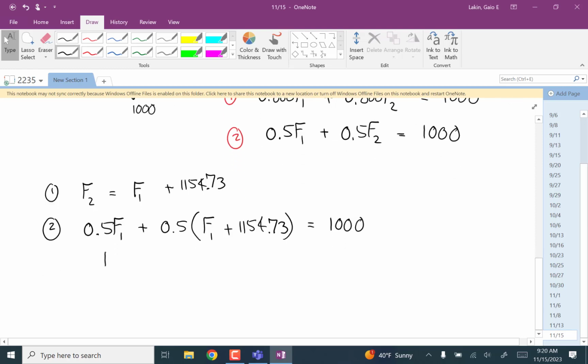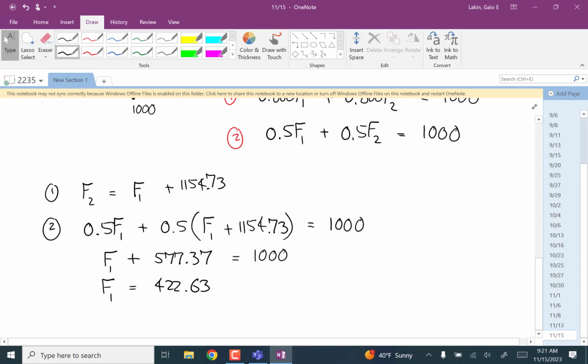And so we get F1 plus 577.37 is equal to 1,000. So F1